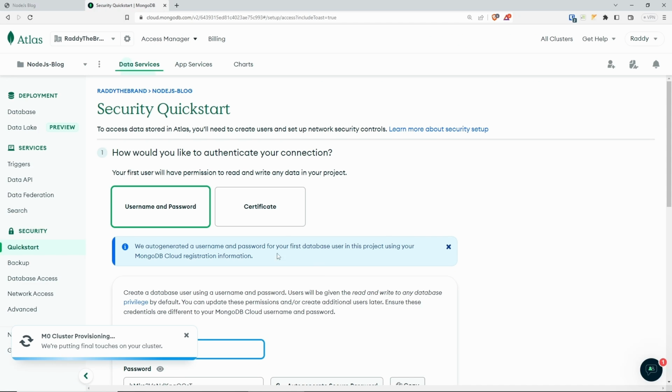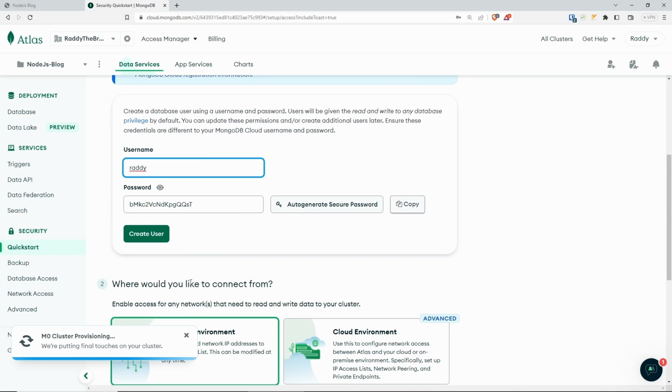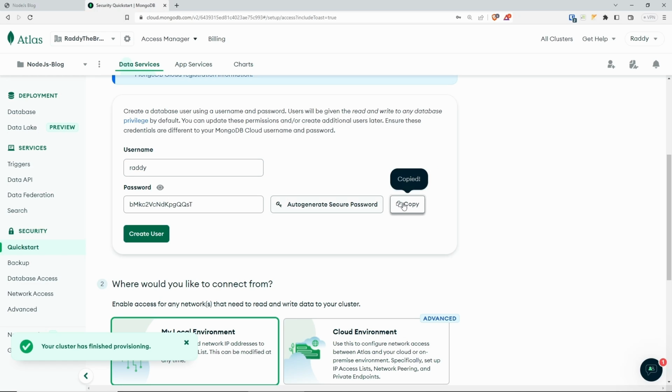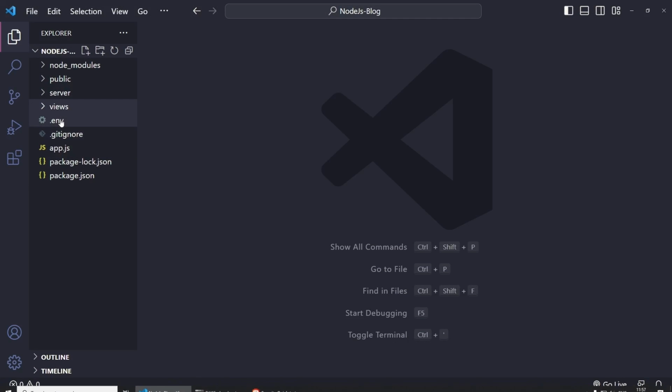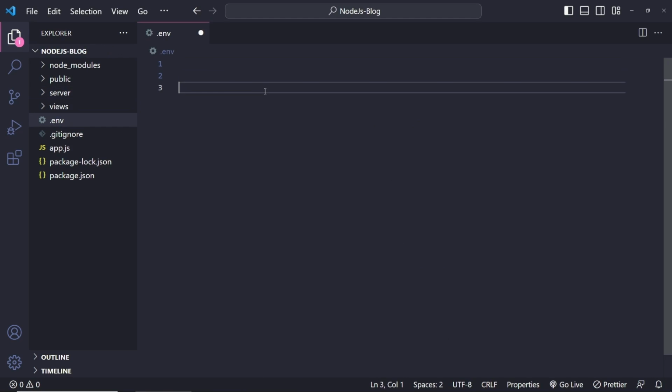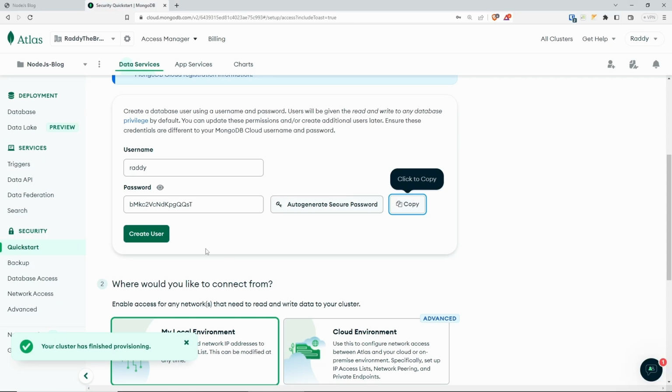Now we need to create a username and password so we can access the database. If you scroll down a little bit, the username that I'm going to have will be Ruddy, and you can auto generate a password from here and copy it. Make sure that you copy the password so you don't lose it. And in fact, let's copy it and let's go to the project and paste the password inside the env for now, and we'll come back to it later. So if you click create user,